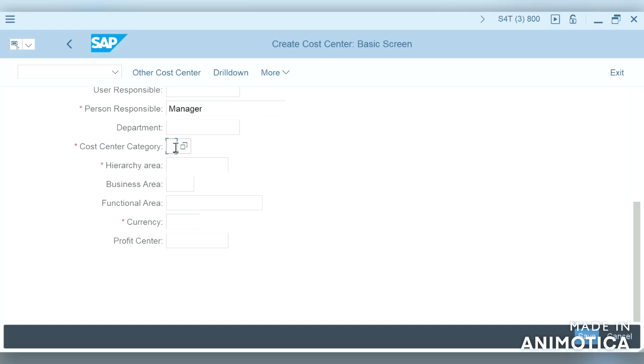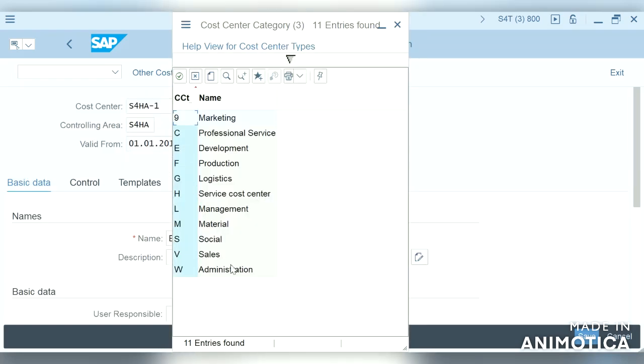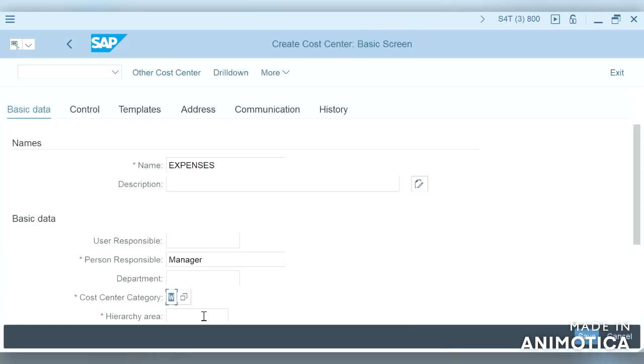Cost center category, it will be an administration expenses.